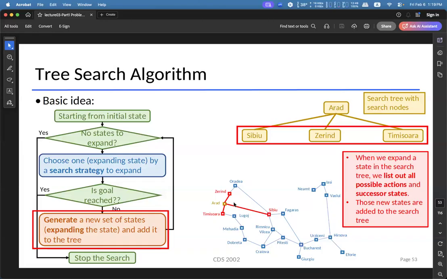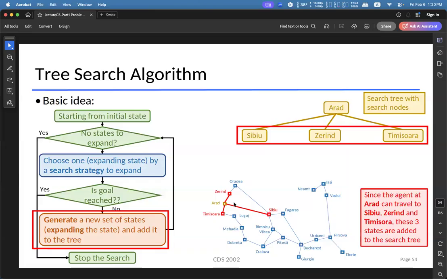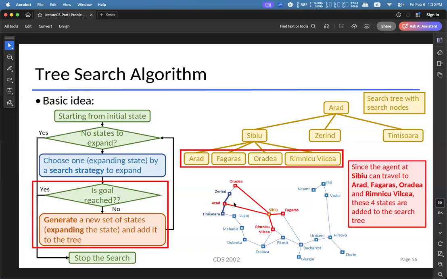So this is how intuitive this algorithm is. The layman's term, or the overall observation of this tree search algorithm, is that I keep on exploring the search space.